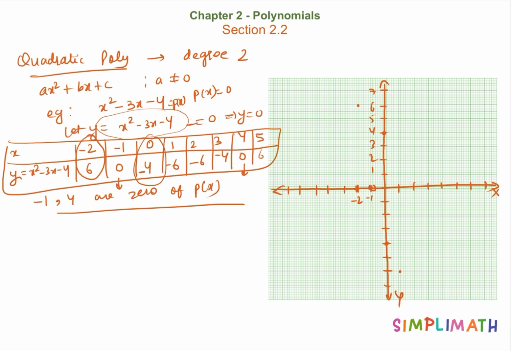When we have x equals 2, we have y equals minus 6. When we have x equals 3, we have y equals minus 4. Now when we have 4, then y equals 0. When we have 5, then y equals 6. So if we connect all these points,